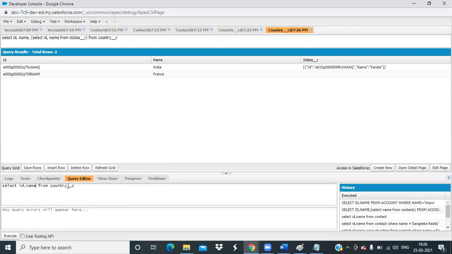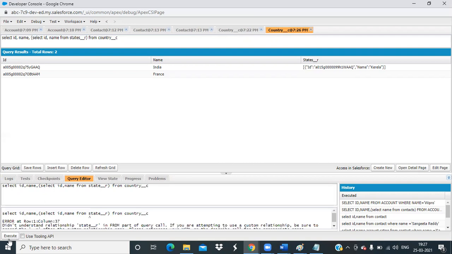Now I need to query the relationship data. So select ID, name from state underscore R. So that's why I always say, right?